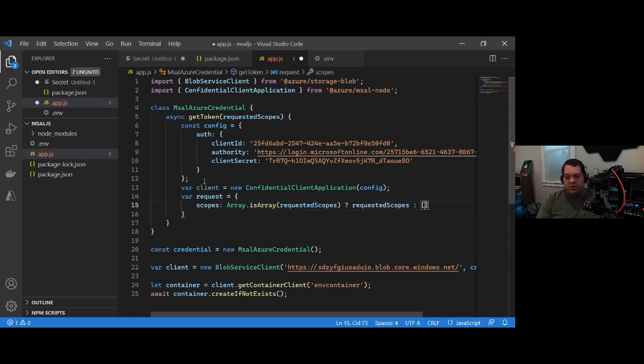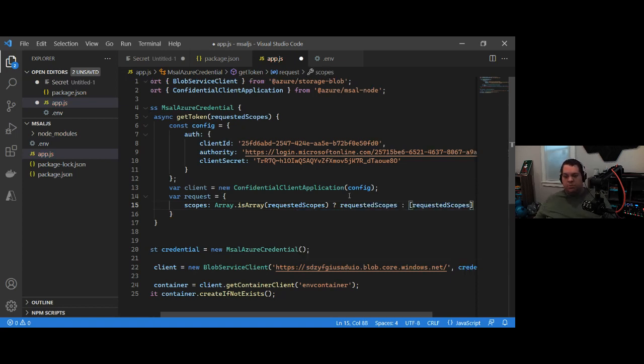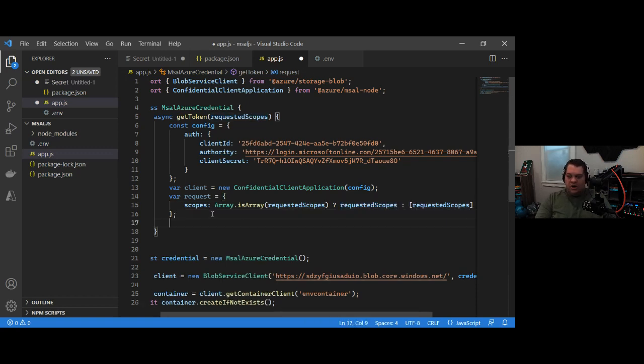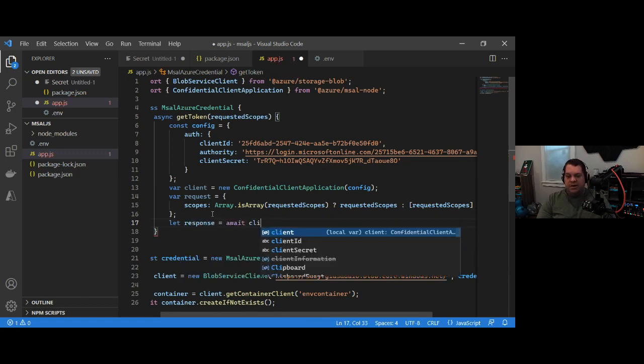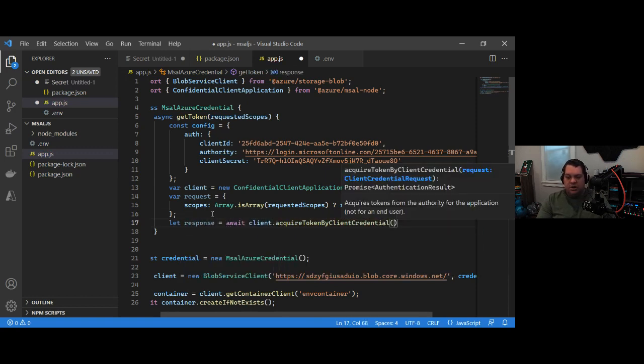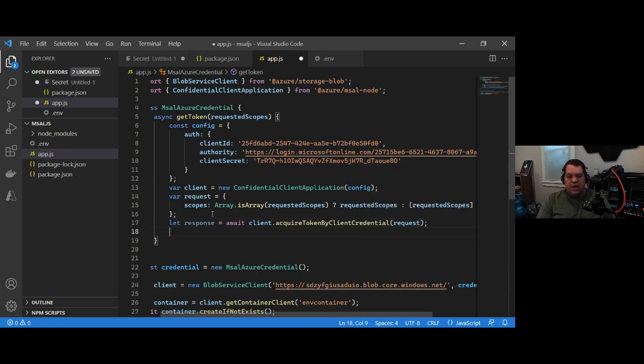If it's not, we'll create a new array with the single property value requested scopes, because it can either be an array or a string. So we handle that here. If it's an array, just use that. If it's just a string, put it in an array. All right, so let response equals await client dot acquire token by client credential, pass in our request, and then